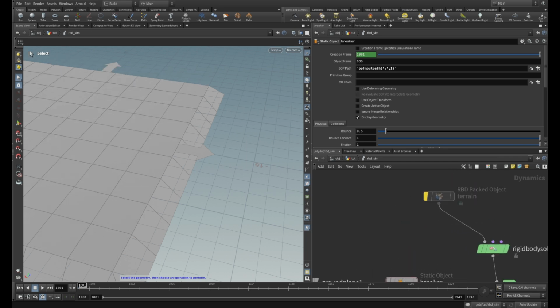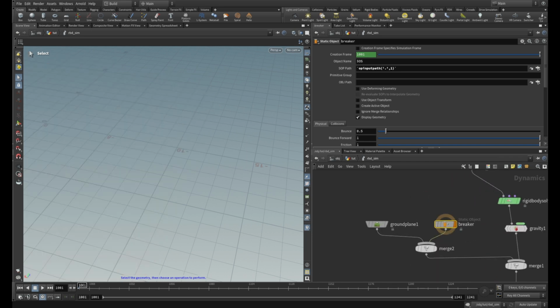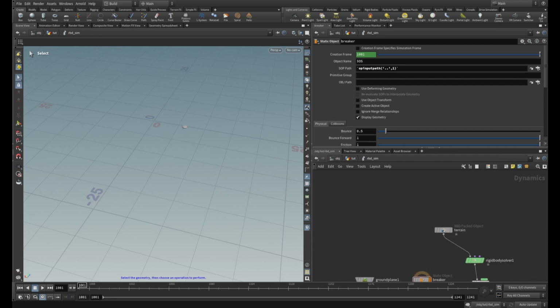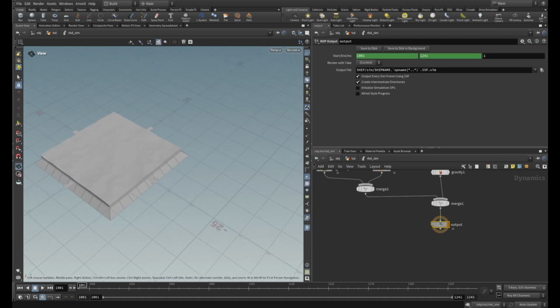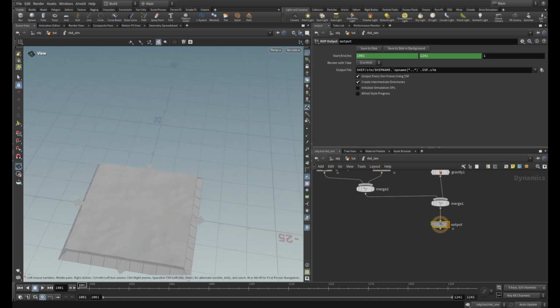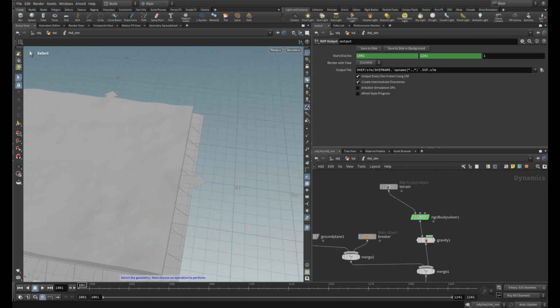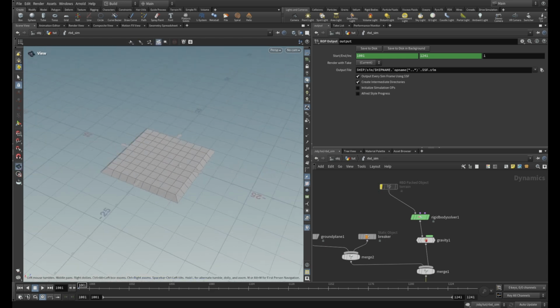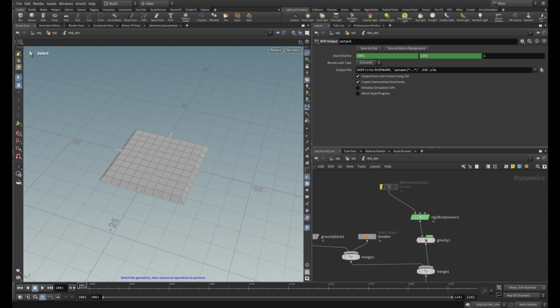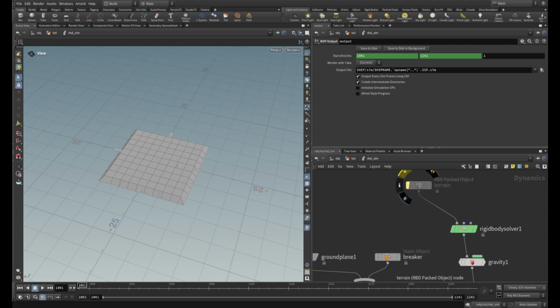Let's see if it's working now. I didn't see my breaker here. Okay, you have to use the 2 points here. Sorry about this. And now we have the breaker here. You have your terrain, you have your breaker, you have to activate your output. The problem that I have here is my breaker is inside the geometry. I don't know why, because actually, where's my, okay,